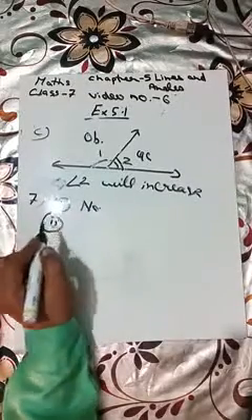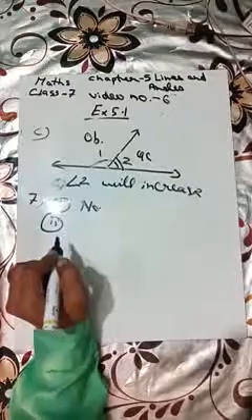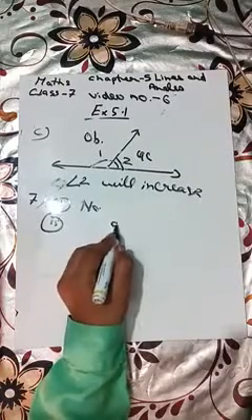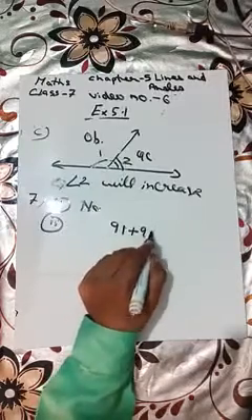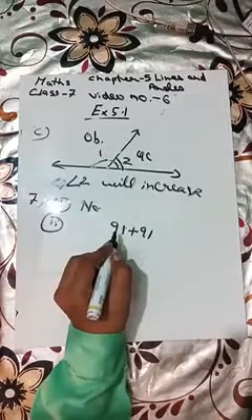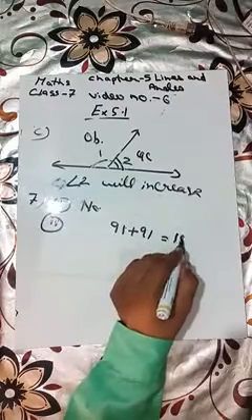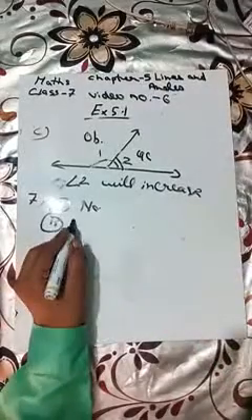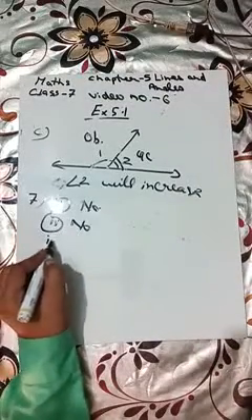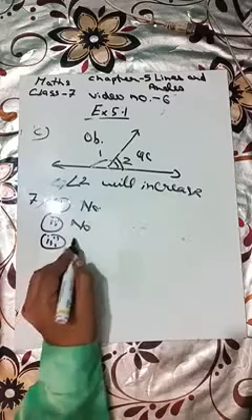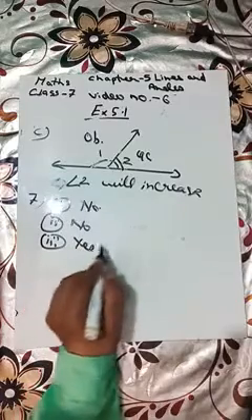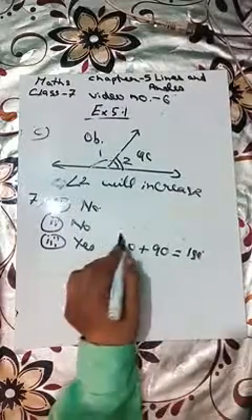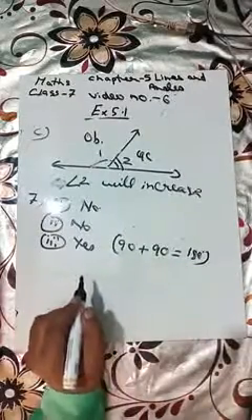What about if both are obtuse? That is also not possible. Obtuse is more than 90. So if you take more than 90, let's take 91. If both are 91, then the sum is 182. So this is also not possible. Third, right angle. Yes, in this case it is possible because they both will be 90 and 90. So in this case we can write that they can be right angles.